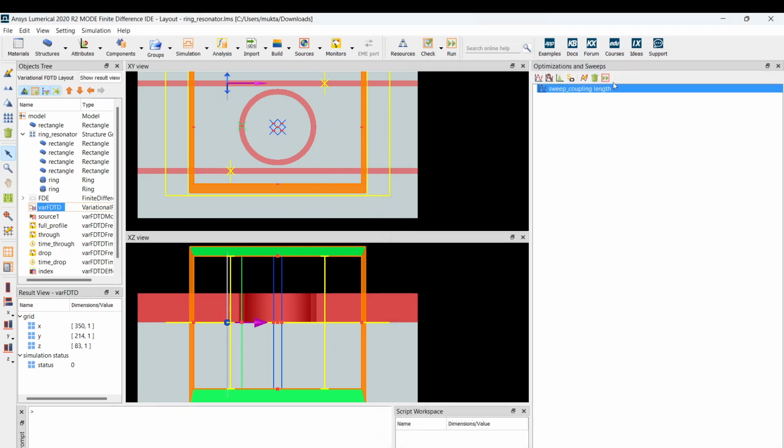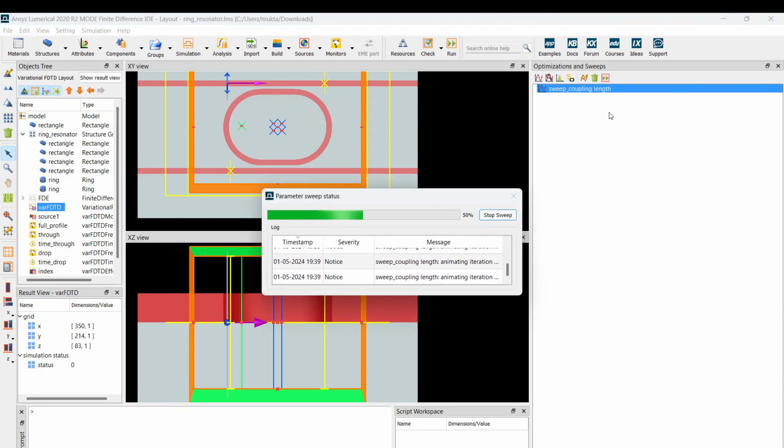That's why it's always advised to first animate it, which I did not do right now. Also, now you can see that we have to even move our monitors and source.